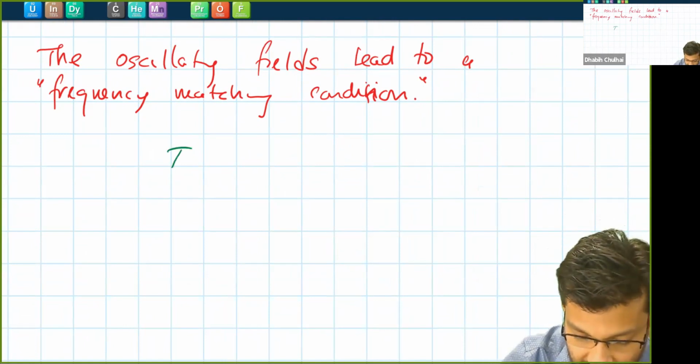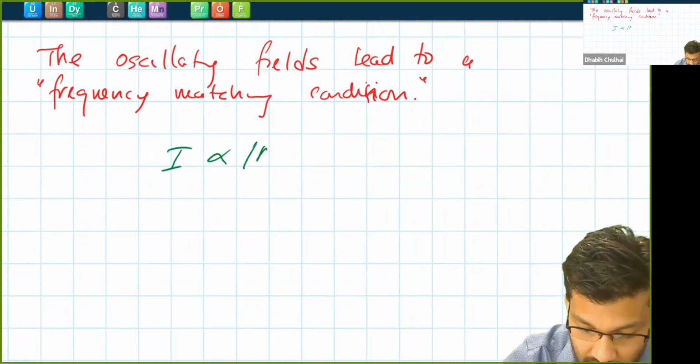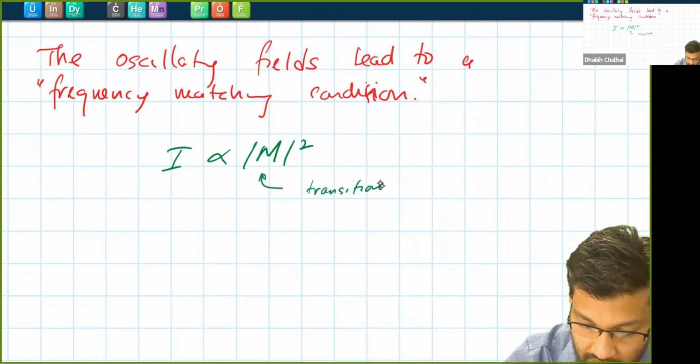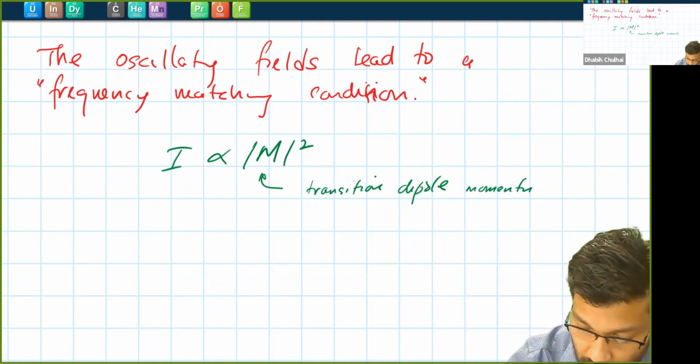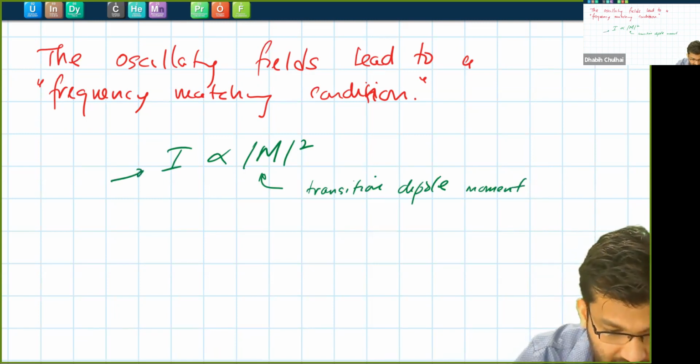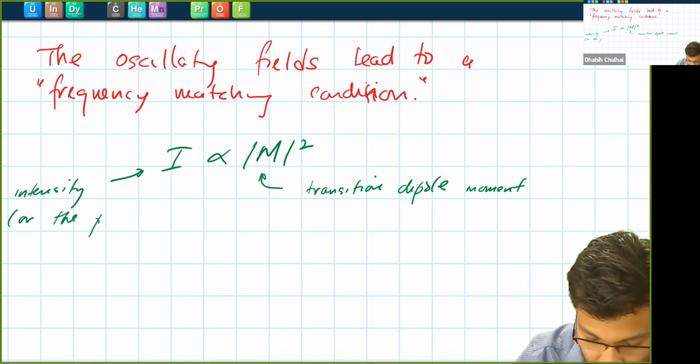But the intensity of the light in a spectrum is proportional to something that we call the square of the transition dipole moment. So M is the transition dipole moment. And I here would be the intensity of the spectrum,